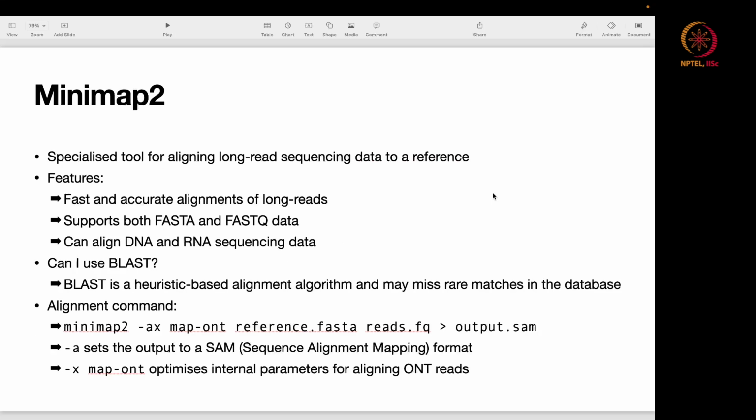Minimap2 is a specialized tool which is used to align long read sequencing data to a reference genome. It can also be used to perform whole genome alignment and for pairwise read alignment. The advantages of using Minimap2 over the algorithms that we have learned in class is that Minimap2 gives both fast and accurate alignments. It supports both the FASTA and FASTQ data, and you can align both DNA and RNA sequences using this data